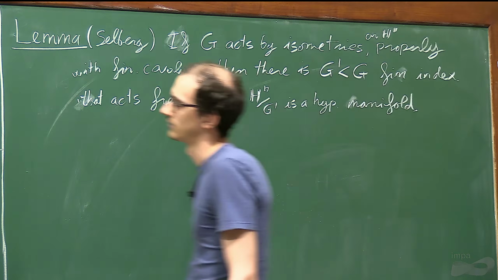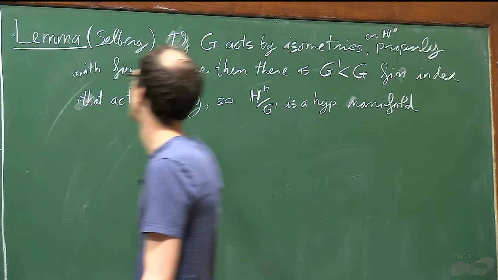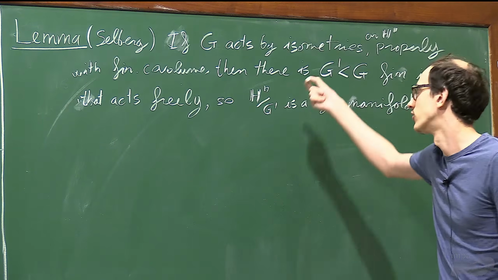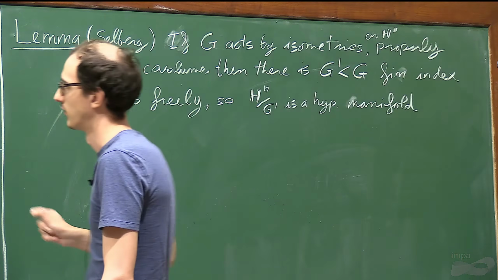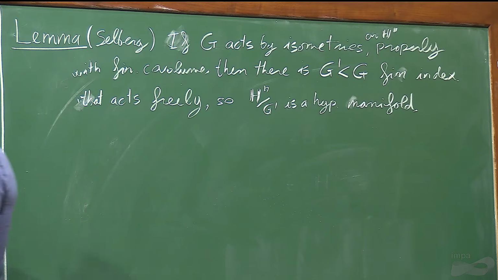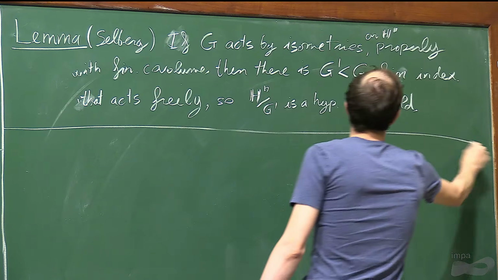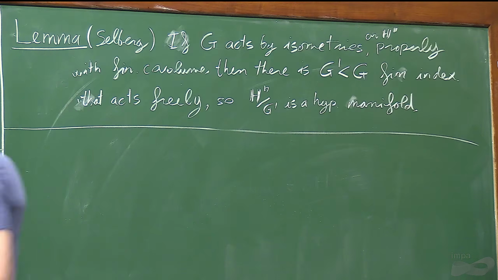So the idea is that this is very obscure. It's not giving us this subgroup. It's not giving us anything. It's just telling us that it exists. But in principle, every time you build a Coxeter polytope, you can have a manifold. It can be enormous. There's going to be a lot of copies of the polytope. We are not guaranteeing anything else other than existence.